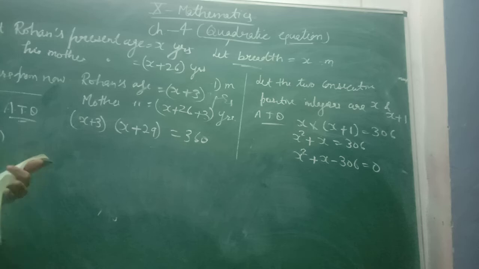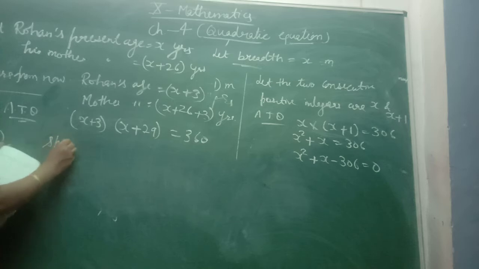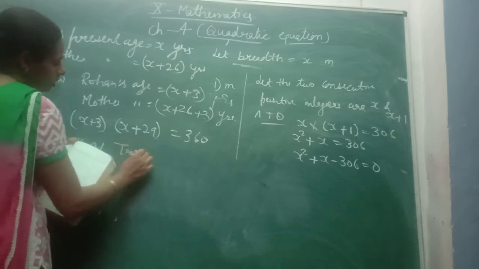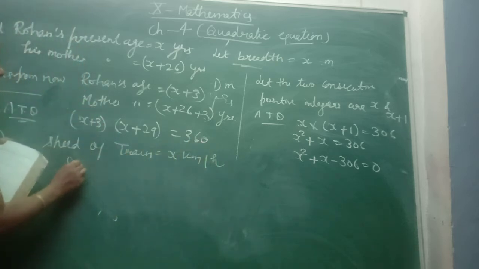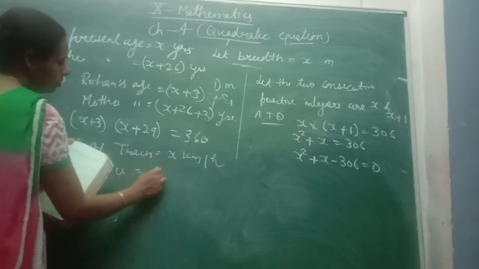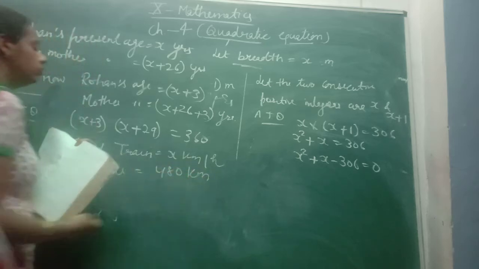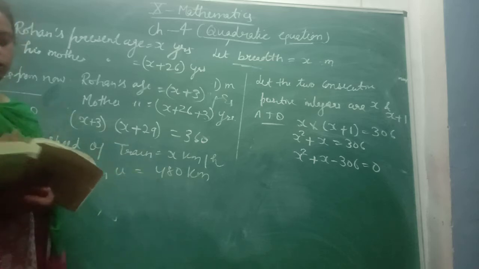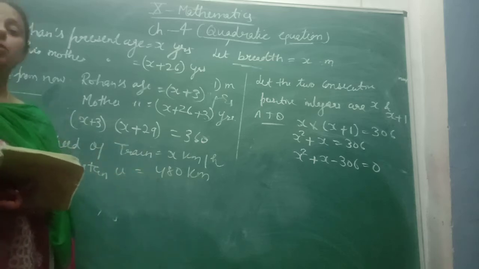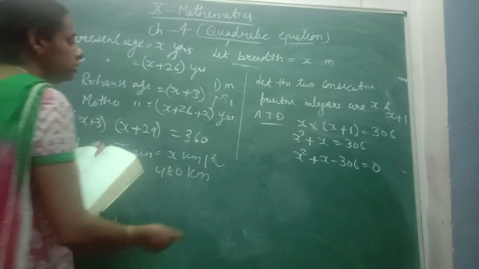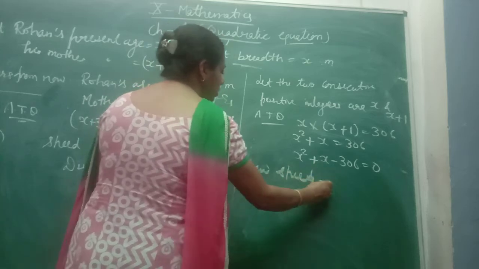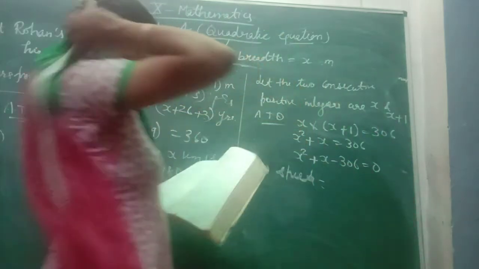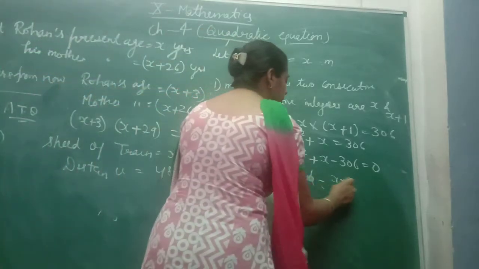Okay, now come to the fourth part. A train travels a distance of 480 km with a uniform speed. Firstly I have let the speed of the train be x km per hour, and the distance is already fixed. They are telling the distance is 480 km. एक ट्रेन नॉर्मल स्पीड से इतने डिस्टेंस को कवर कर रही है. If the speed has been 8 kilometre per hour less, अगर इसकी स्पीड को कम कर दिया जाए, then the new speed will change. कितनी किलोमीटर कम करनी है, 8 किलोमीटर. फर्स्टली x थी तो अब x minus 8 किलोमीटर पर आवर.